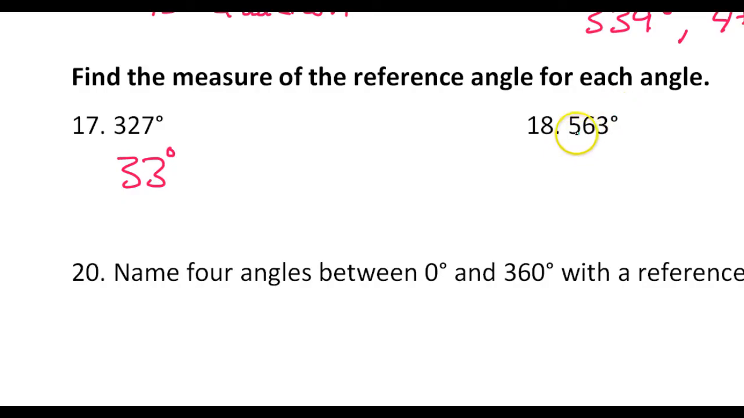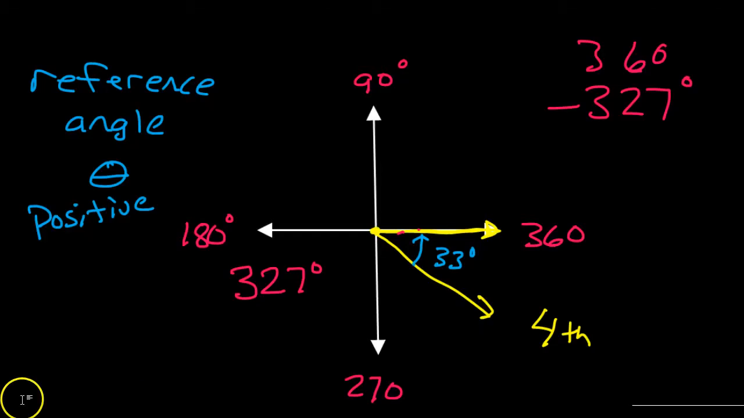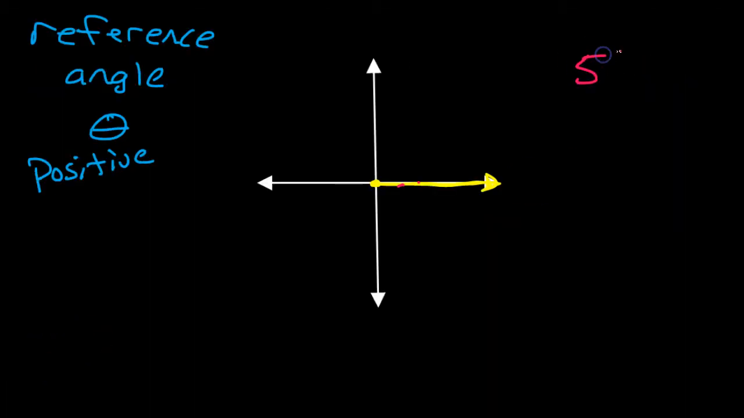Alright, let's go again. 563 degrees. I'm trying to go 563 degrees. Notice that that is more than 360. So let's get the full rotations out of the way first. If I went a full 360 degrees, you understand that gets us back to where we started from. So far, I've gone 360 degrees. If I do that again,